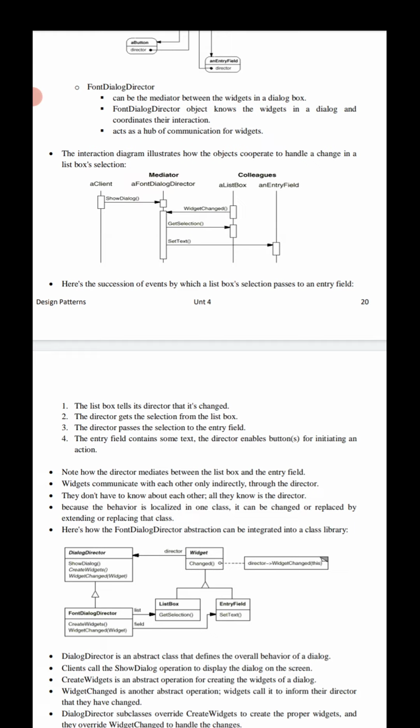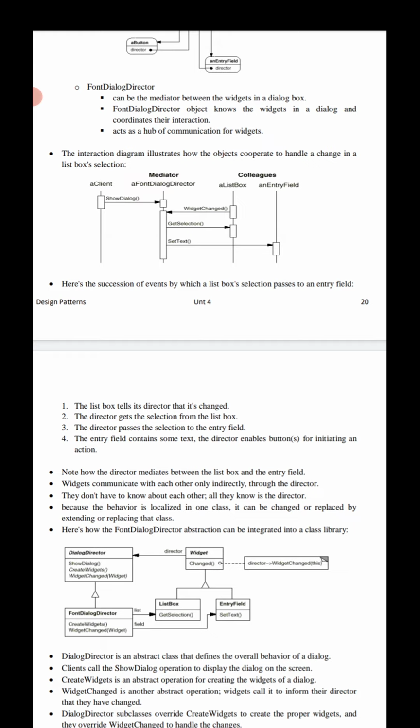The mediator, the font dialog director, a client shows the dialog, a list box widget changed, we get that selection, and we set some text in an entry field. The list box and the entry field are the colleagues of that particular mediator.